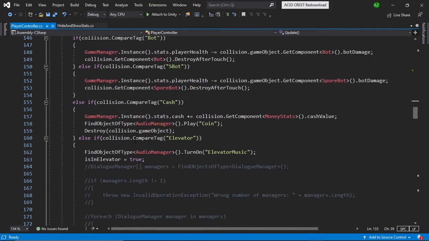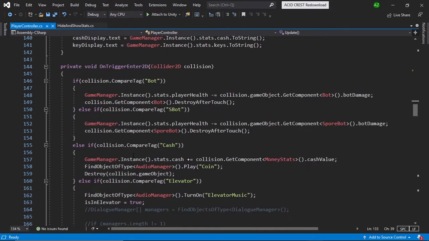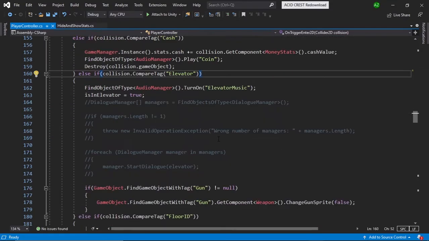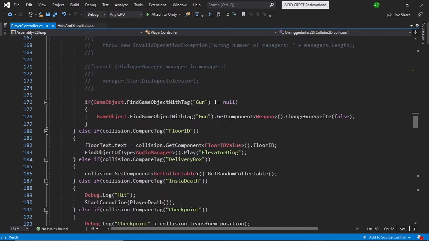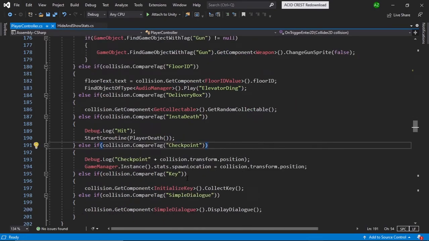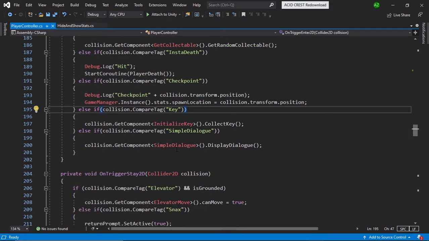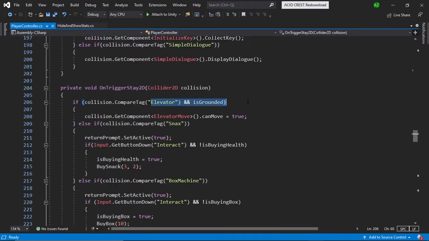Okay, we have an OnTriggerEnter on slot. Let's check everything. Apparently, bots are triggers. S-bots are triggers. Money is a trigger. Elevators are triggers. The floor is a trigger. The delivery box is a trigger. Instant death is a trigger. Checkpoint is a trigger. And I used to have checkpoints. Keys are triggers. And simple dialogue. Dialogue people are triggers. If I stay in the elevator, stay in front of the snack machine,